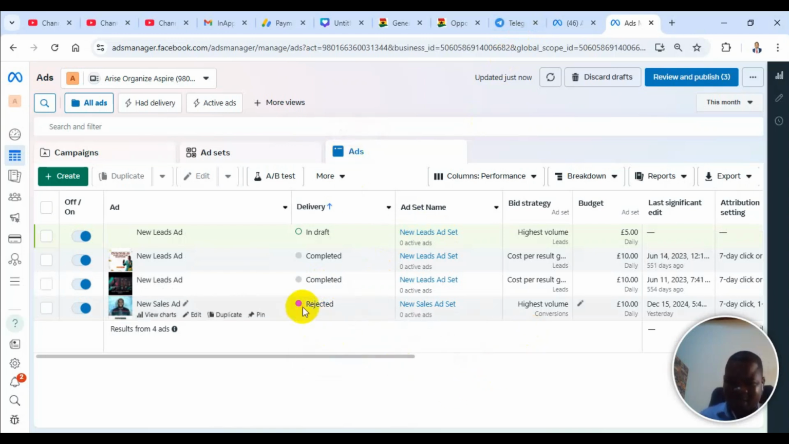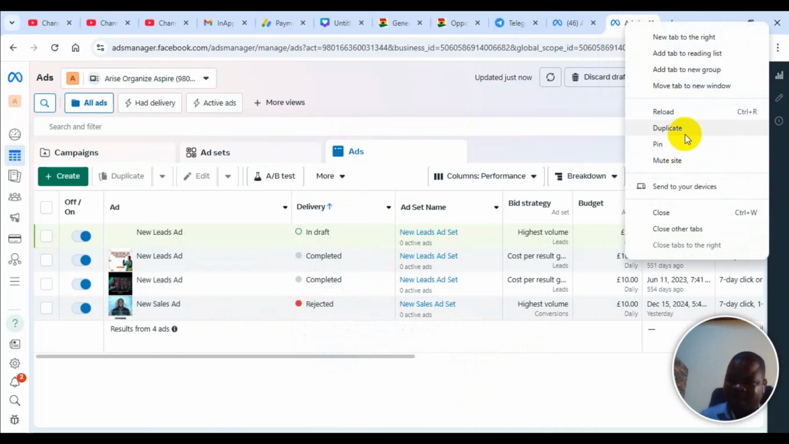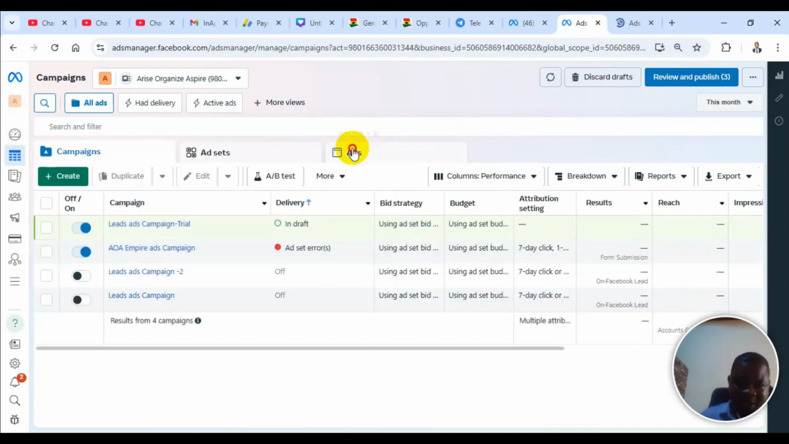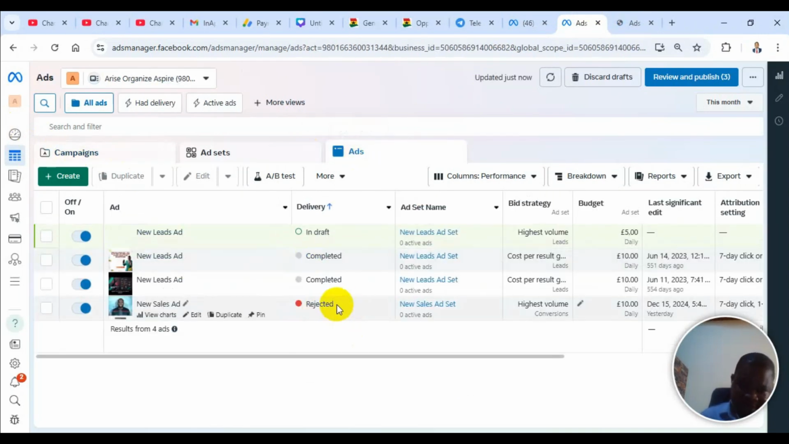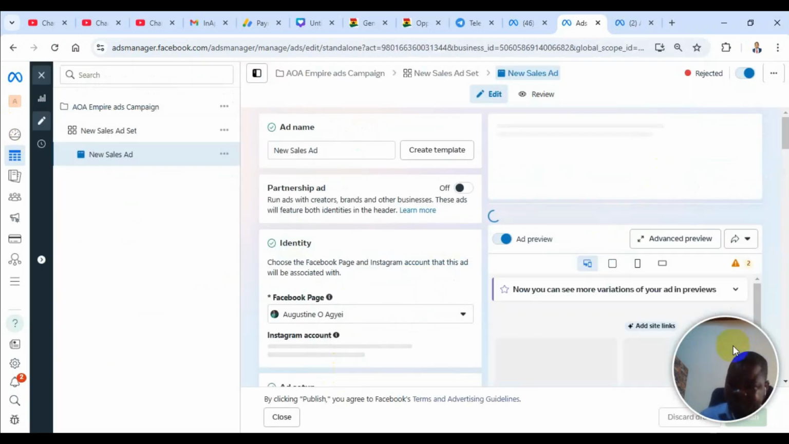So take time to follow this video. By the time you have finished watching it, you will understand basically how to solve this problem. So first of all, if you come to the ad campaign and click on the ads, you will see the rejected ad. When you click on it like this, it opens,